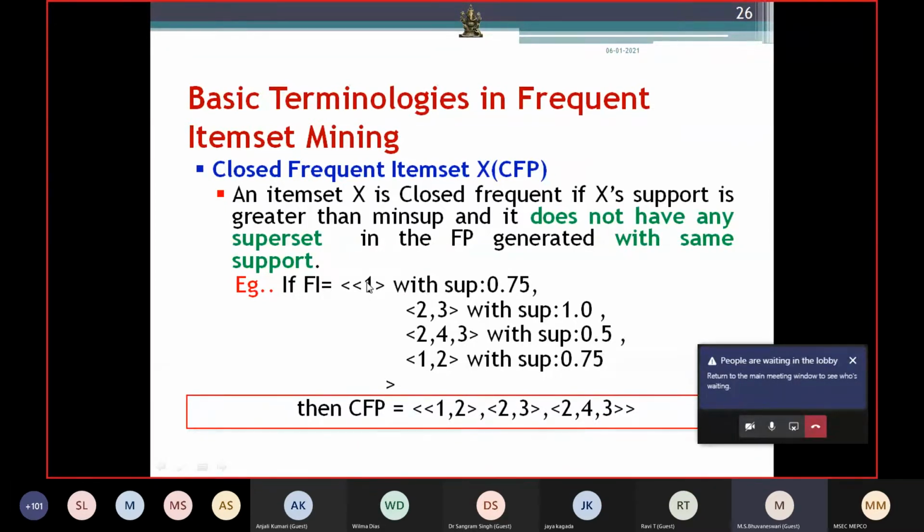This is the closed frequent item set. Now if you take {2, 3} and {2, 4, 3} as in the previous example, {2, 4, 3} is a superset, but their support is not the same, so I will not eliminate {2, 3}. It will remain in the frequent item sets. So my frequent item sets are: 1 will be eliminated, {1, 2} will be there, {2, 3} will be there, and {2, 4, 3} will be there. That's all about the closed frequent item set.